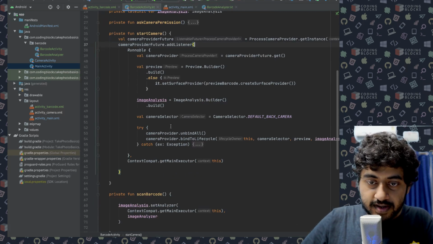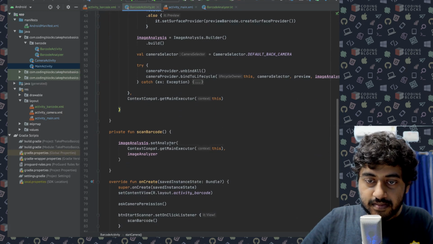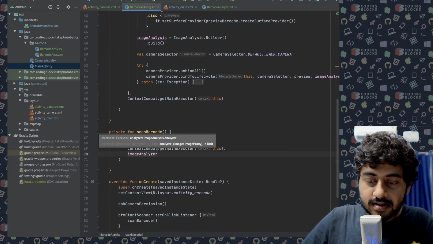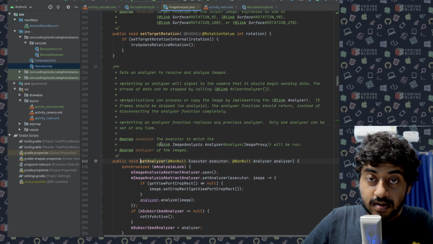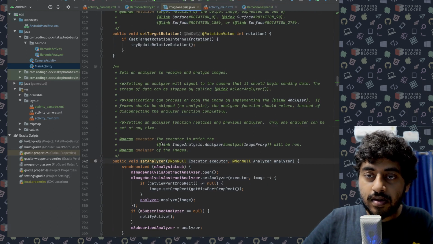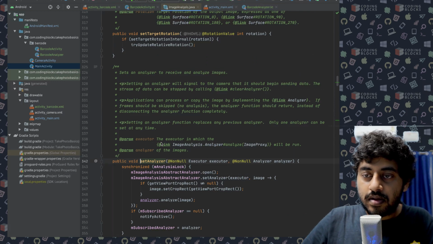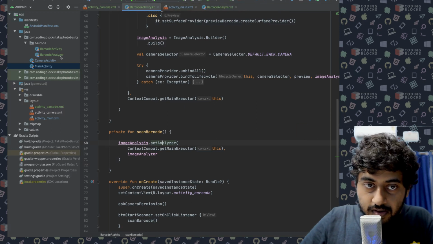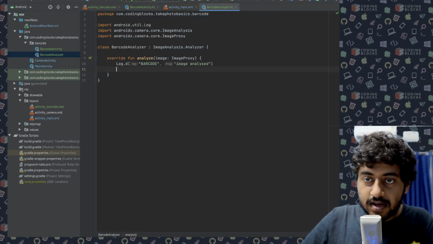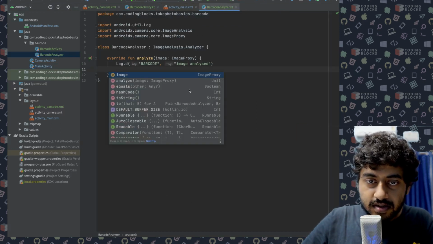Just my barcode activity, set analyzer, and okay, fine. So inside my barcode analyzer, can I write something else here?